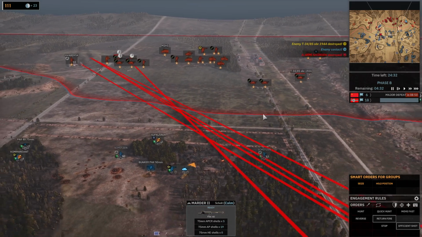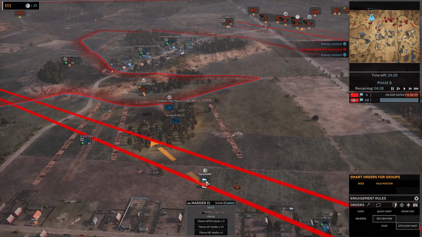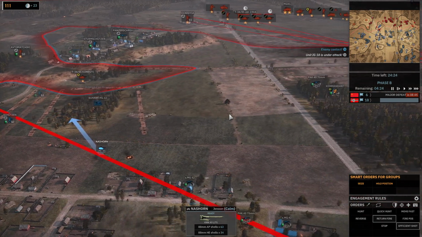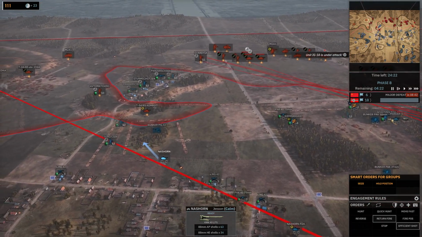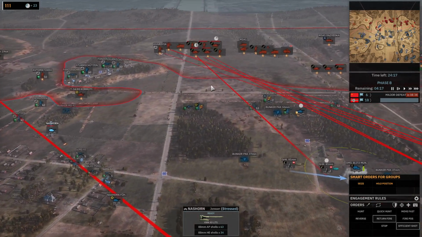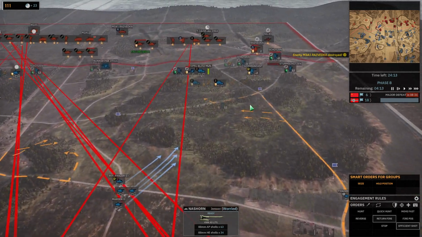Go to there so you can snipe the tanks at least. Nashorn destroyed as well. Oh, they got caught on the way. Try and push into the forest quick. Ooh, he's going to get killed in it. That was my bad. RT's still pumping. It looks like the tanks on this side have been completely annihilated, so they're now switching back to a more central push, which is fine because